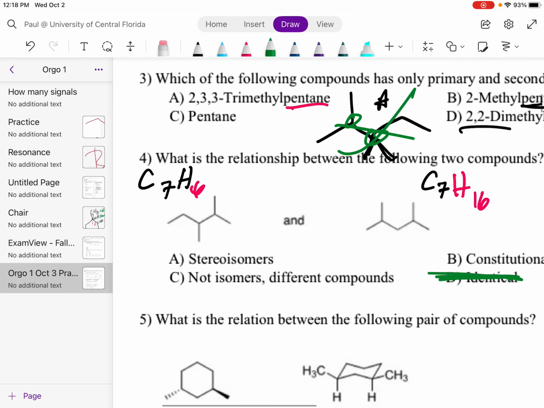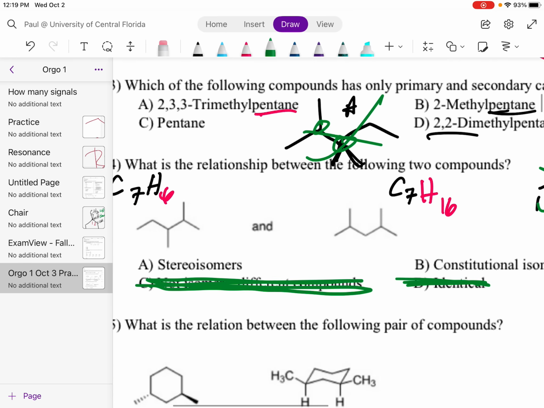Constitutional stereoisomers is different orientation in space of the substituents. We've already established that they can't, well, let's see here. Not isomers, different compounds. Well, they are isomers of one another because they have the same molecular formula. It's just, are they stereoisomers or constitutional isomers? And